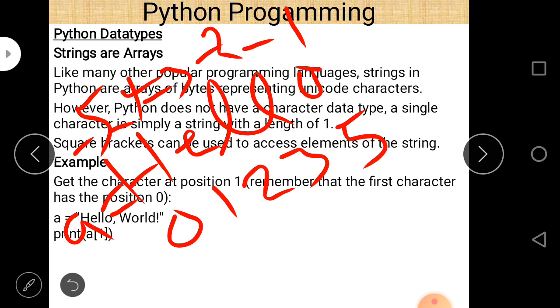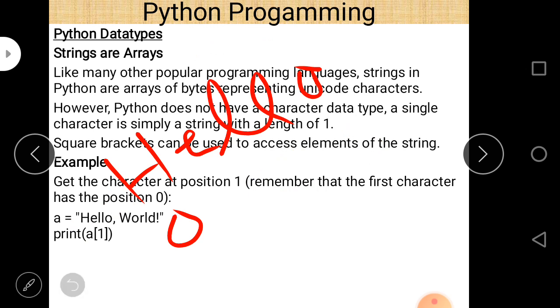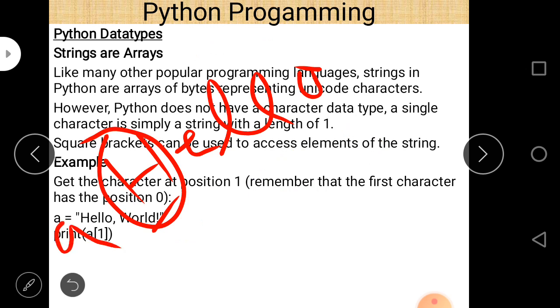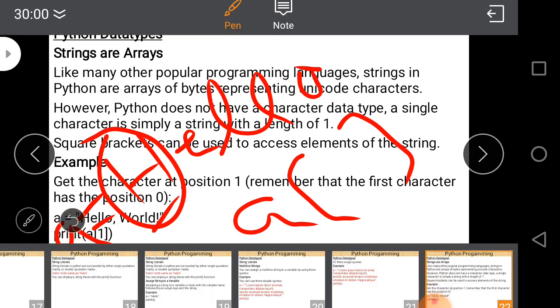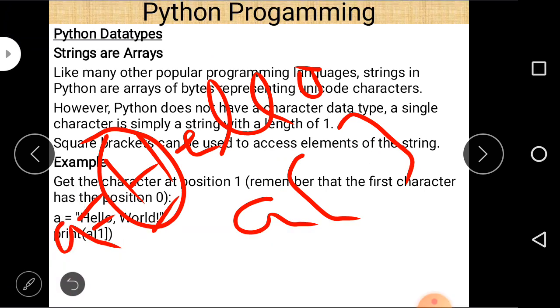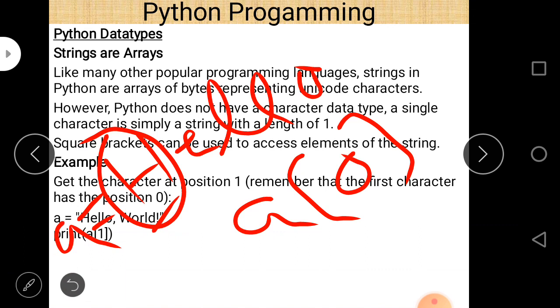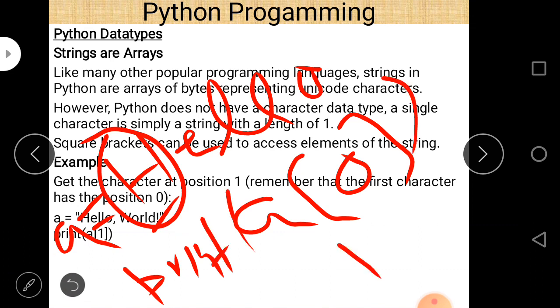Now second thing, if you want to represent or access h only and you want to show only this element, then we know that A is the name of the string. So to represent this element, we just write A and then brackets and then just write the position. Position is 0, and if you write a print statement here, then h will be printed.